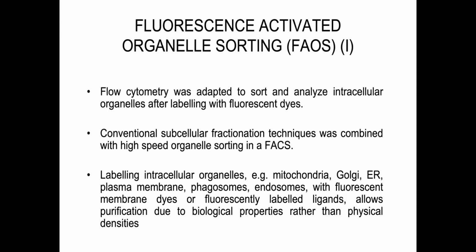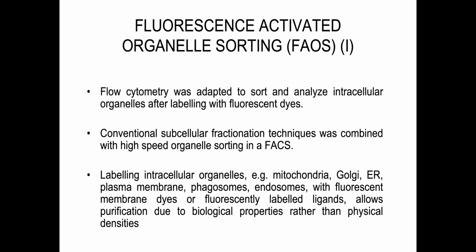And you can label these organelles like you label in immunology different lymphocytes carrying different subsets of T-cell or B-cell receptors with different antibodies and analyze them quantitatively, how many subsets you have in which patient under which conditions of the immune response. You can do basically the same thing with intracellular organelles that you label with fluorescent dyes,